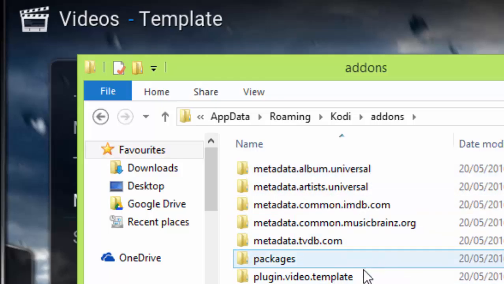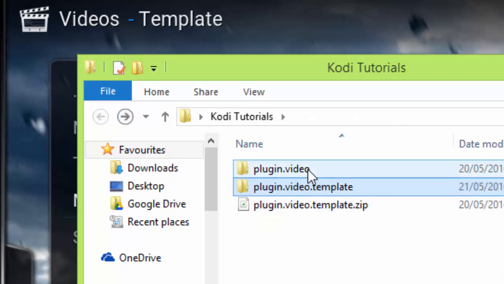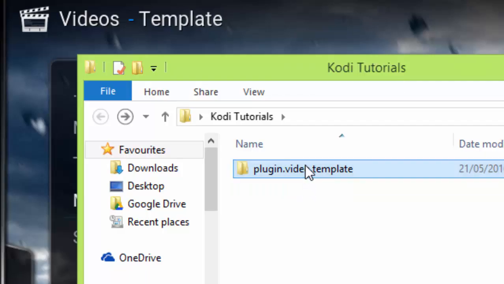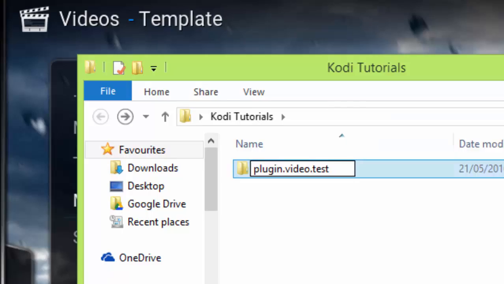So add-ons, I'm going to copy that, so you go back to your desktop one, stick it in there, so that's your one, delete that zip so you know where you are, rename that, probably test 2, I don't know if you can have numbers in, I'm not 100% certain, but